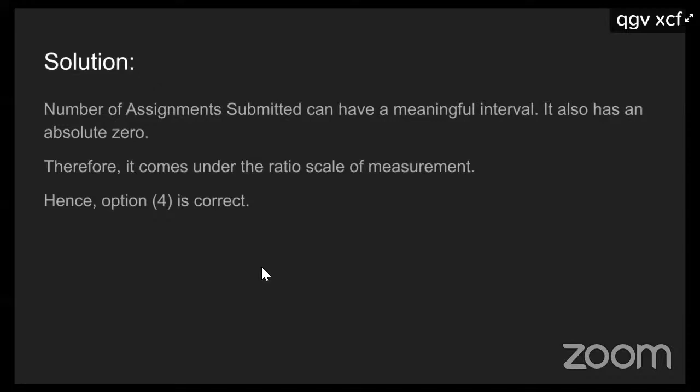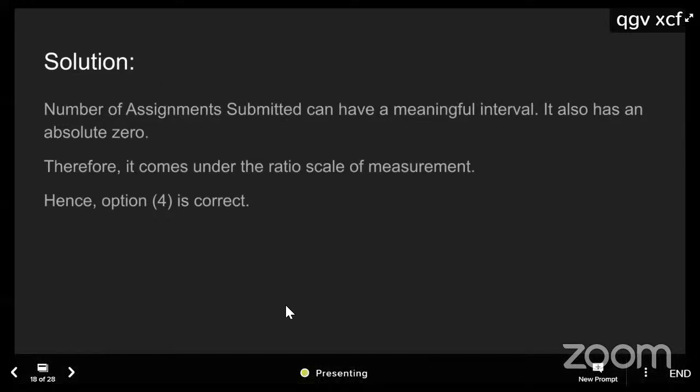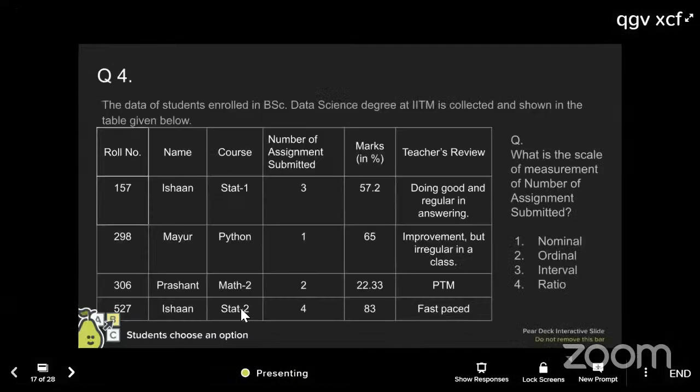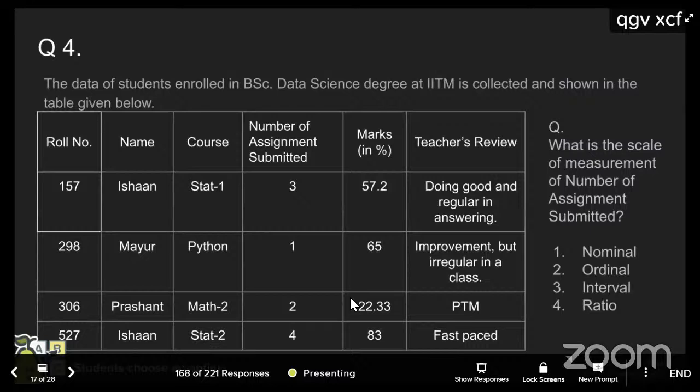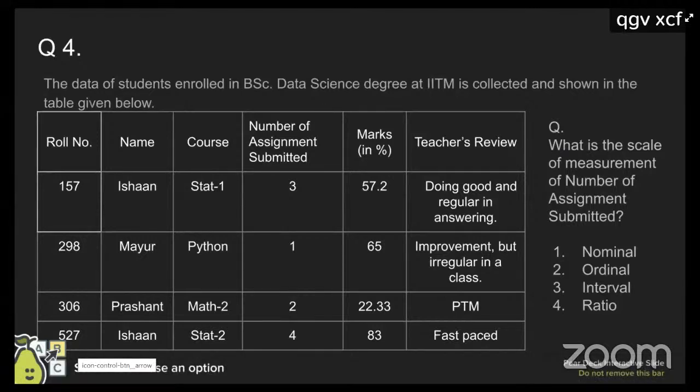In marks, it is okay to everyone? No, sir. In marks, we have absolute zero, but we cannot do division and multiplication. But why can you not? Yes, sir. Suppose my marks is 40 and your marks is 80. Then I can say my marks is half of your marks. I can say that.